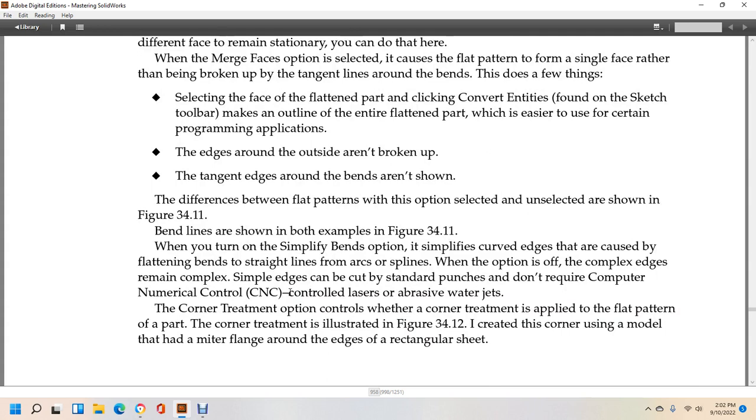When bends are shown at the bottom of both examples in 3411, you turn on the simplify bends option. Simplify bends replaces the curved edge of the flattened bend with a straight line instead of an arc or spline. With the option off, the edges are complex; with it on, they are simple edges that can be cut with a standard punch, and don't require computer